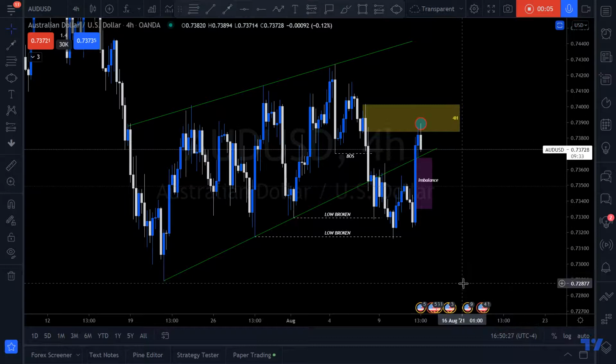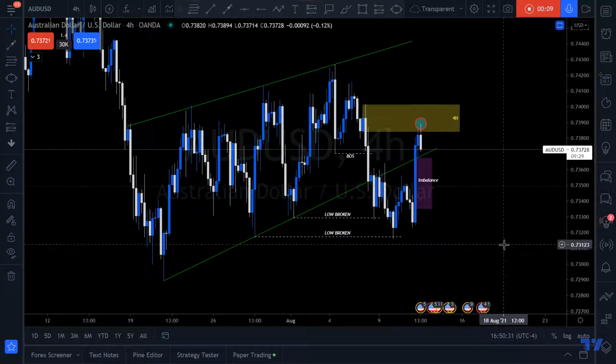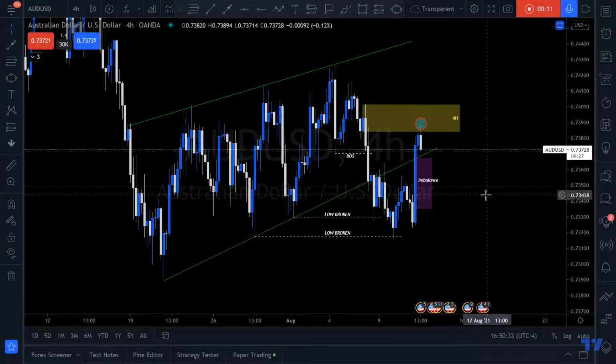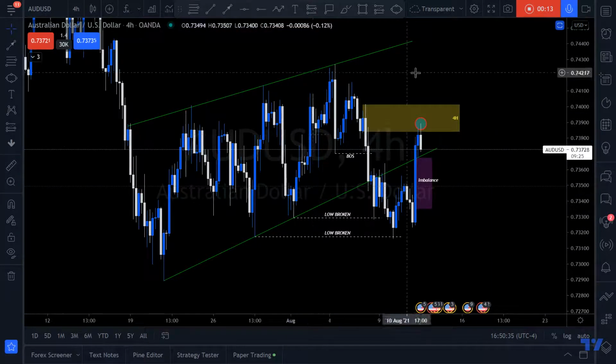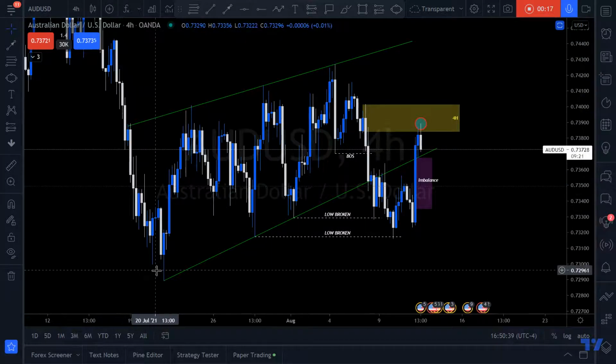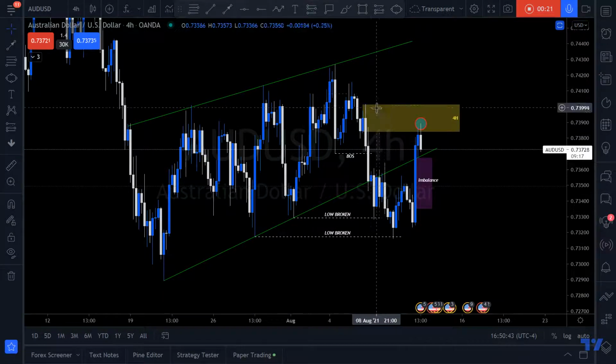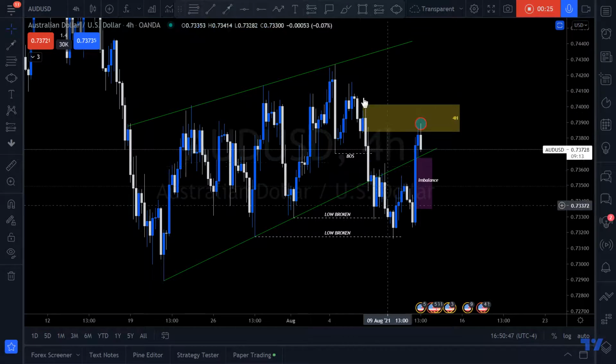I got something for everybody today. Check this out. This is AUDUSD, the Aussie dollar, or rather the Aussie US dollar. We find price in a bear flag, and if you've seen my previous analysis on this pair, you'll know that